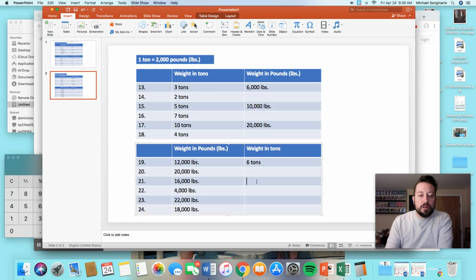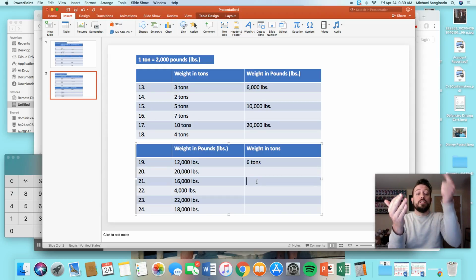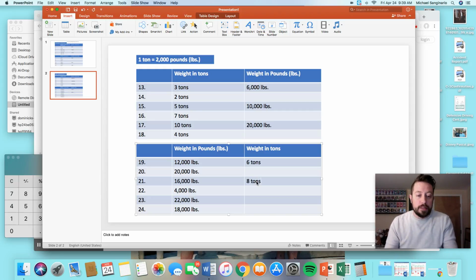Number 20 you're going to do on your own. Number 21 is 16,000 pounds. I mean, to divide by 2,000, the easy way to do it is just divide by 2 and drop the zeros. So 2, 4, 6, 8, 10, 12, 14, 16. So it goes in 8 times, and 8 tons. Number 22 you're going to do on your own. And then 23,